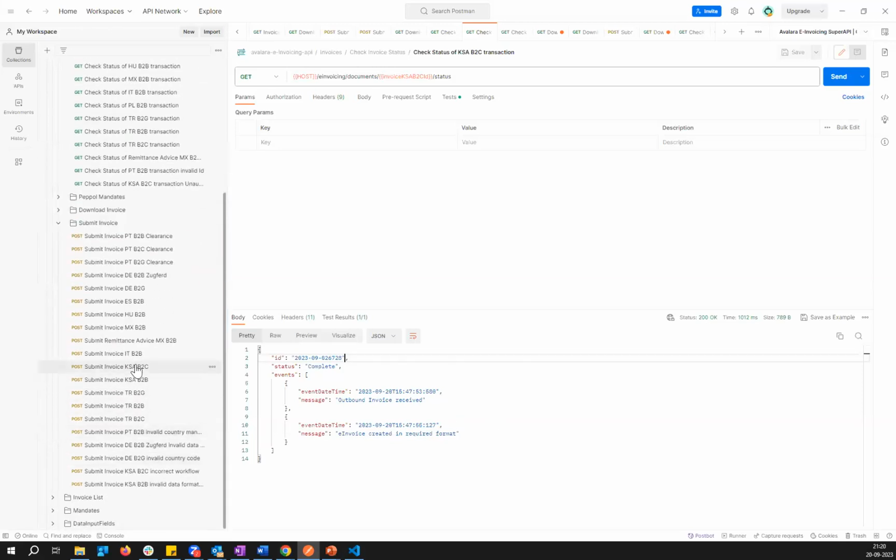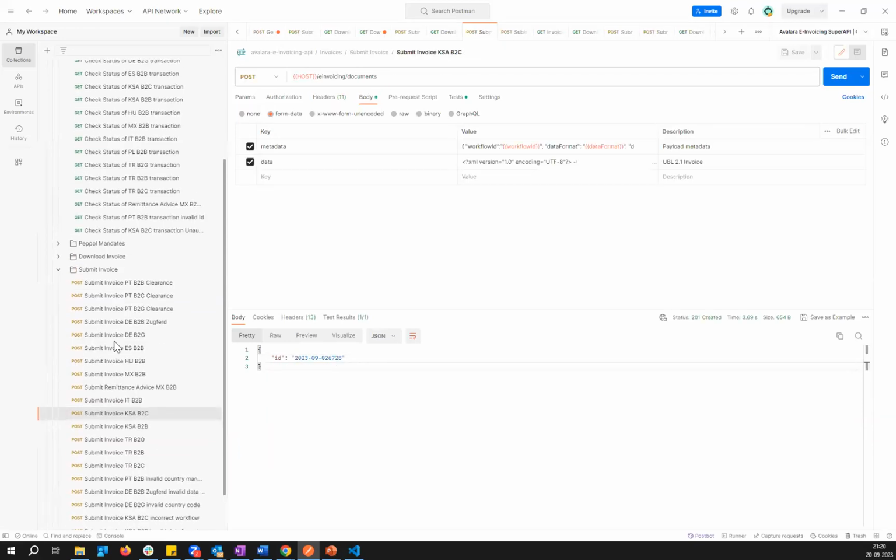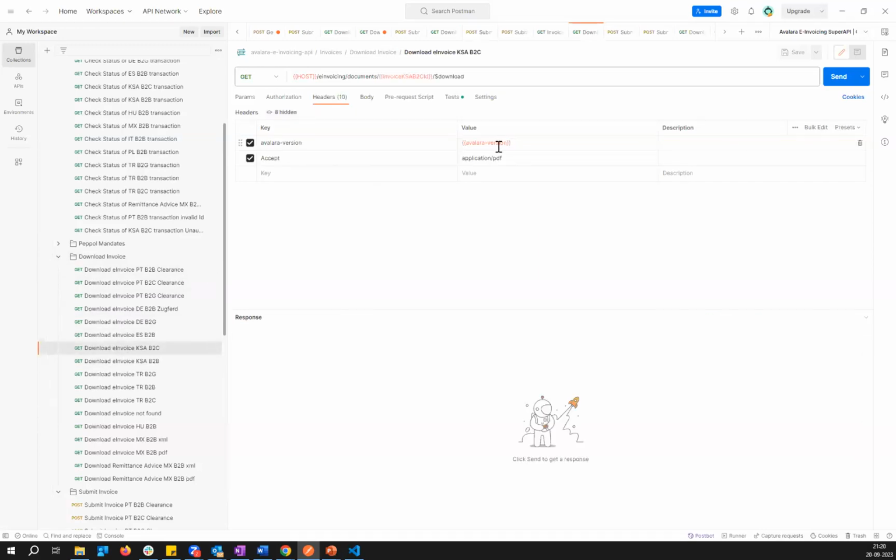Similar to KSA, since we're talking about KSA B2C, let's see the ability to download the document. So this is KSA B2C, with the same API with an additional parameter. You can simply download the document. This is KSA B2C PDF.